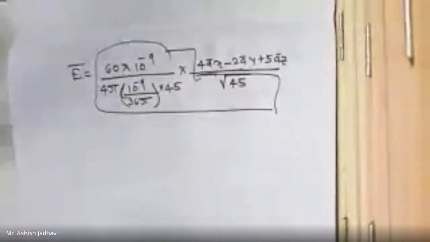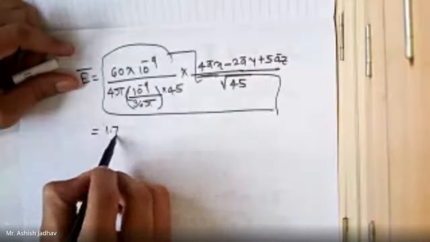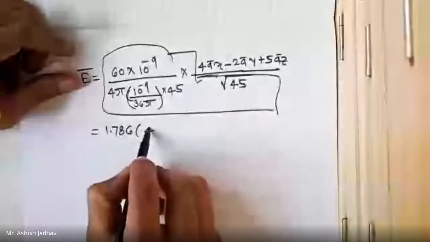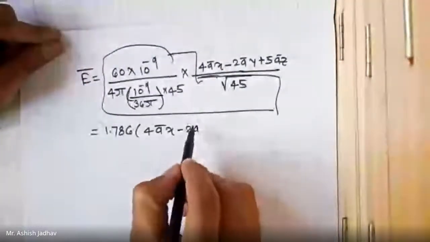Can anyone tell what is the answer? 1.7 a bar x minus 3.576 a bar y plus 8.9 a bar z. Okay, you are telling me the final answer. I wanted the answer for this. 1.78. Yes, sir, that's correct. 1.786 is the answer, multiplied by, in brackets, 4 a bar x minus 2 a bar y plus 5 a